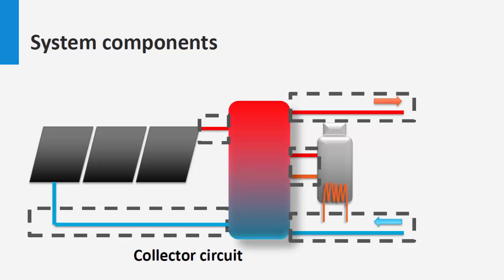The system also has a controller in the circuit that regulates the fluxes of the fluid through the collector, the storage and the boiler to assure the desired temperature. The most common applications for this solar water heater system is to produce warm water and space heating for household and industry. That's all for today's lecture.